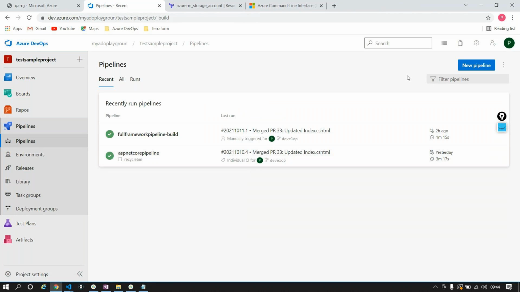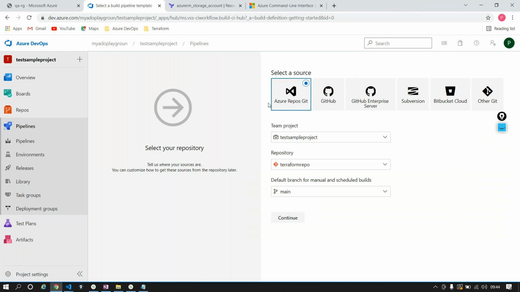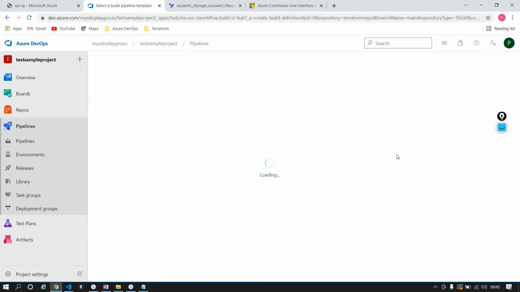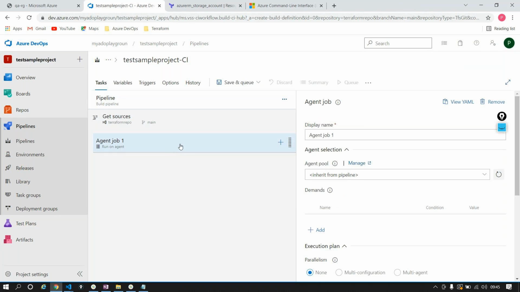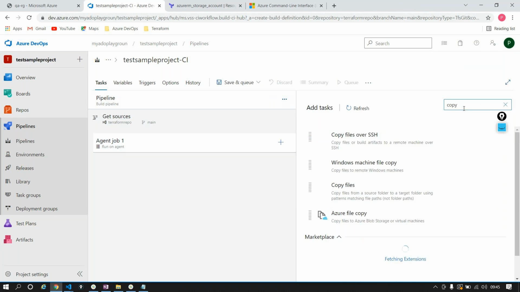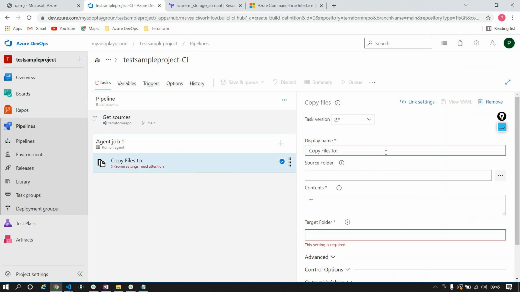Okay, great. So I'll say new and I'll say classic data. And I'll just call this, let's say, main and Terraform repo, and this is the one basically that I need. I'll start with an empty job. And in this particular job, I only want to do one simple activity, just copying of my files. Whatever we did for ARM template, I'm doing the same for copy, and I'll copy to the drop location. I'll say the contents, like all the contents of this particular source folder,